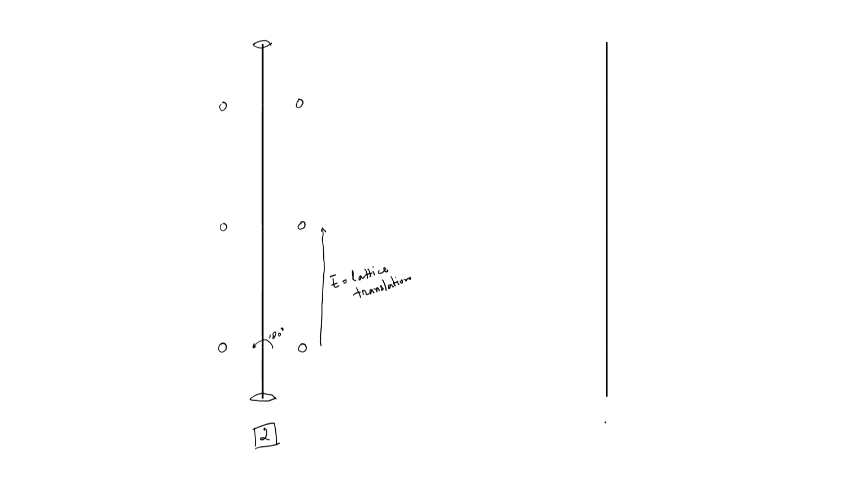Now, let us consider a two-fold screw axis, 2 sub 1. As I said, there is going to be a two-fold rotation, which is a rotation of 180 degrees, followed by a translation, and let me call the translation tau. How much should this translation be? In this case, the translation would be half of the lattice translation along the screw axis. So, this T is the lattice translation along the screw axis.